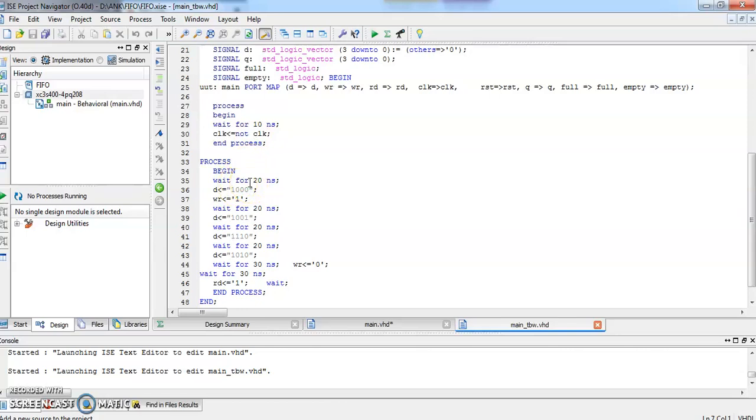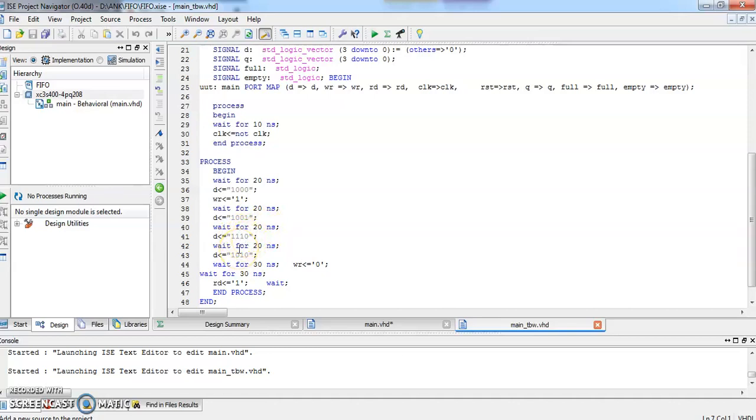Now this is the stimulus process. We will wait for 20 nanoseconds, then we will make D equal to 1000, and then make write equal to 1. After that we will wait for 20 nanoseconds, again we will change the value of D to 1001. Again we will wait for 20 nanoseconds, and change the value to 1110.